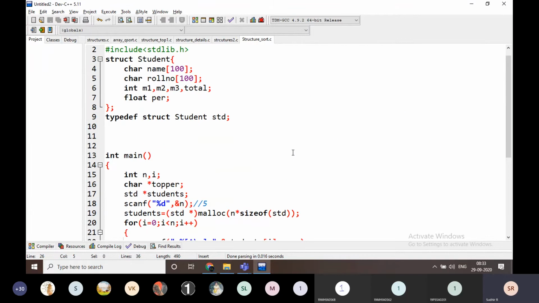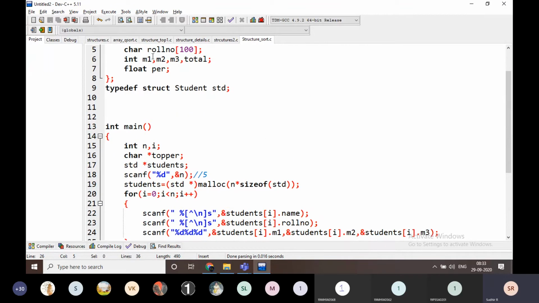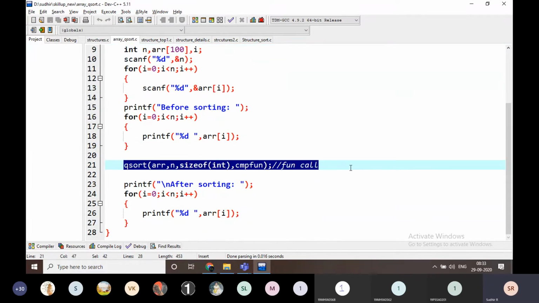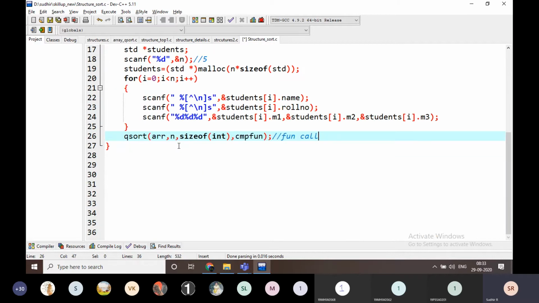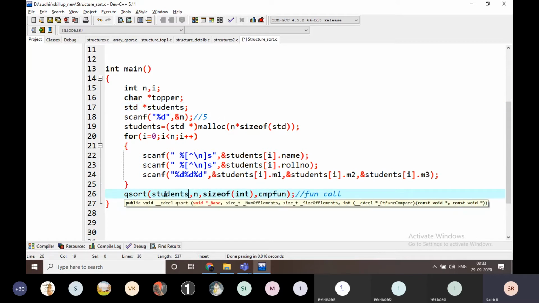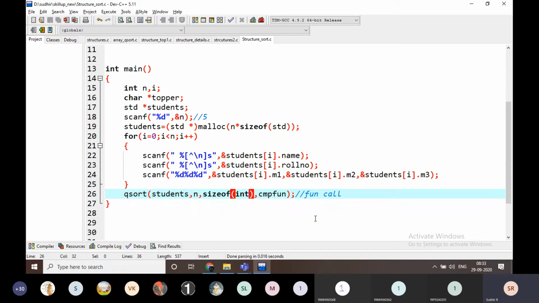There is no need to write that, and I'm going to write some qsort. Where is qsort? The qsort is going to be like this, and I'm going to pass here the students. This is the data here, and the size is n, and sizeof, not int, I'm going to use sizeof students,